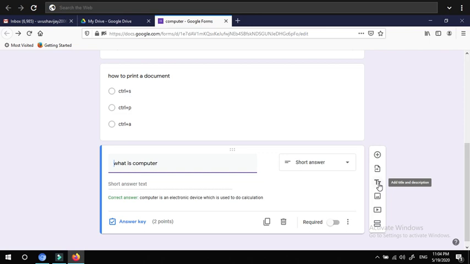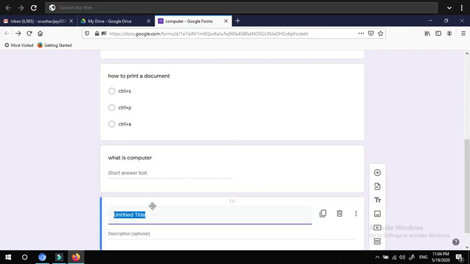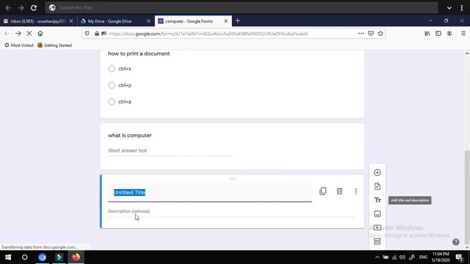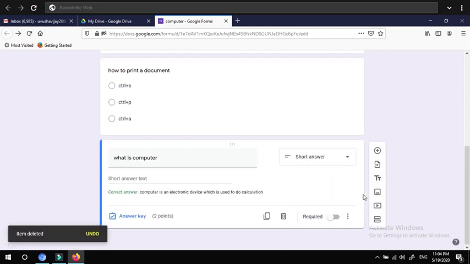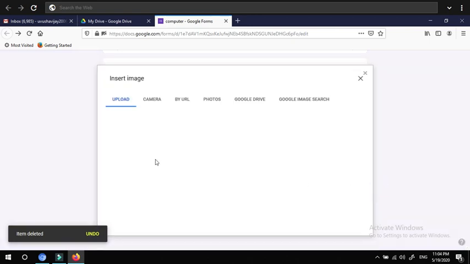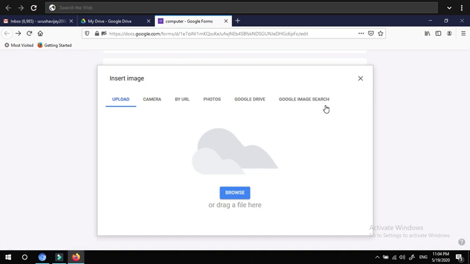The next one is add title and description. For each question, if you'd like to add some title, you can click that one and you can type a title over here. The image. The image is nothing but not only the text can be a question. So usually we know that we can add images as an option.